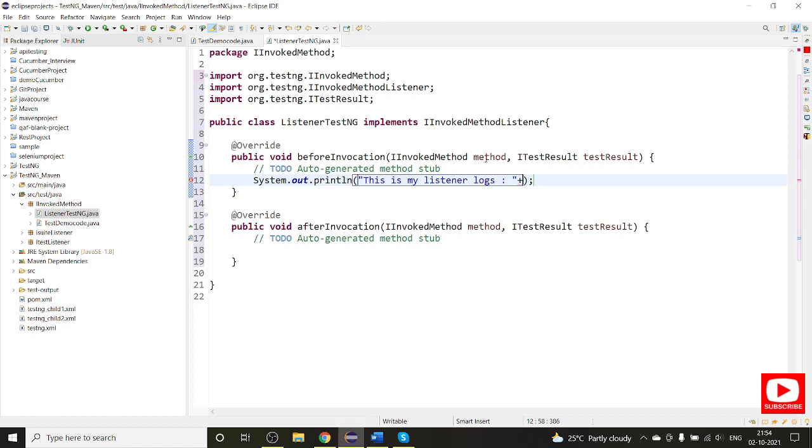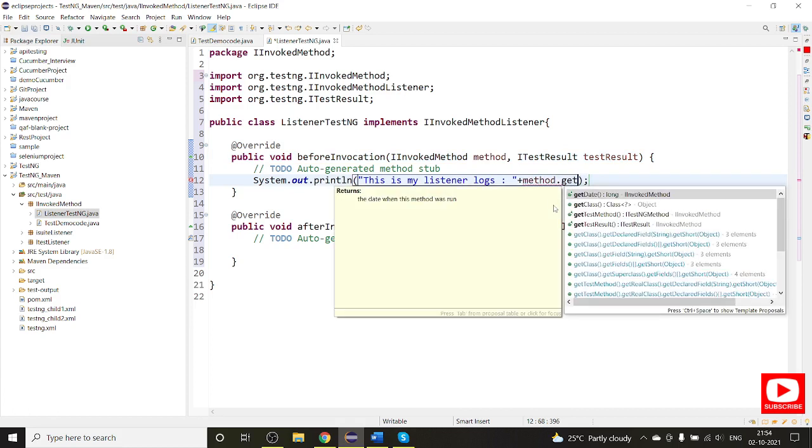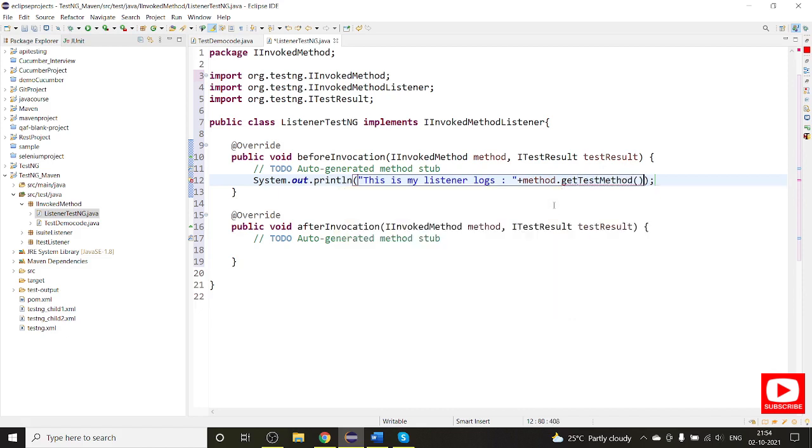Using this method, we will call method.getTestMethod().getMethodName(). This will get the method name of the test case that is being performed.